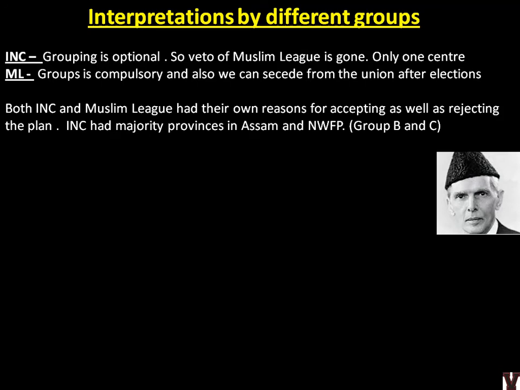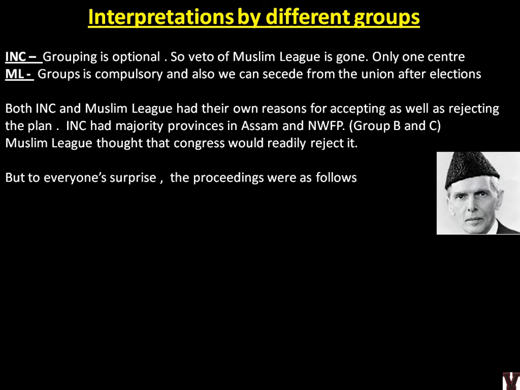Okay, the plan. INC had majority provinces in Assam and NWFP, group B and C. So this is the same thing. INC had majority provinces also. It's not like the entire east and entire west will go to Pakistan. So everybody had their own reasons. The Muslim League thought that the Congress would readily reject it, seeing these conditions. But to everybody's surprise, what happened is,